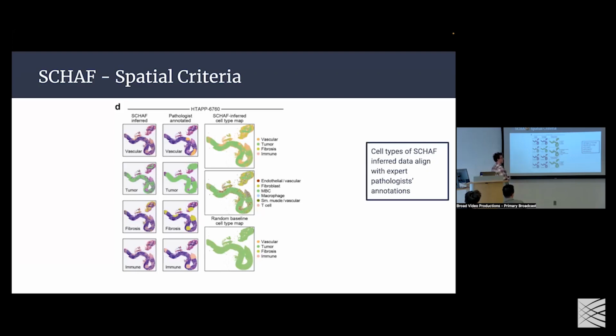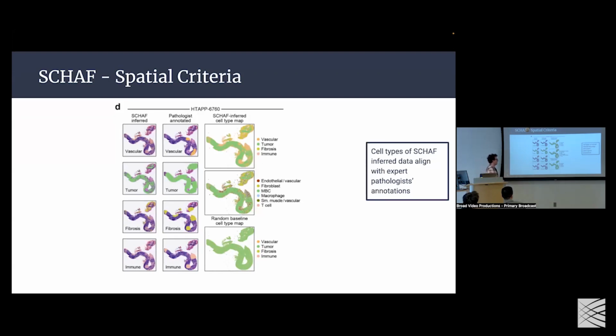And you might be thinking, oh, that looks very pretty. But here's the catch: pathologists did the same thing. They looked at the histology stain and said, that region is this cell type, that region is that cell type. These people go to medical school for many years, do residency for many years after that, and work in the clinic. And the pathologist said that, more or less, these two align. So I take his word for it.